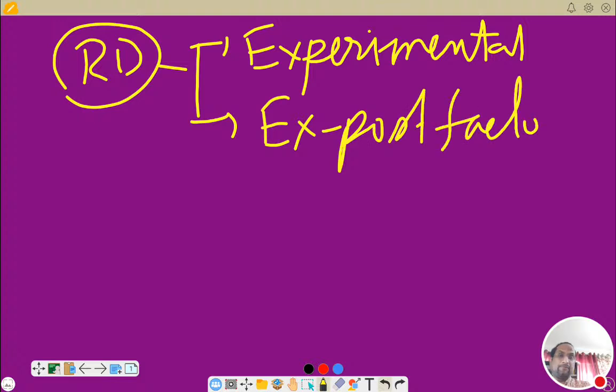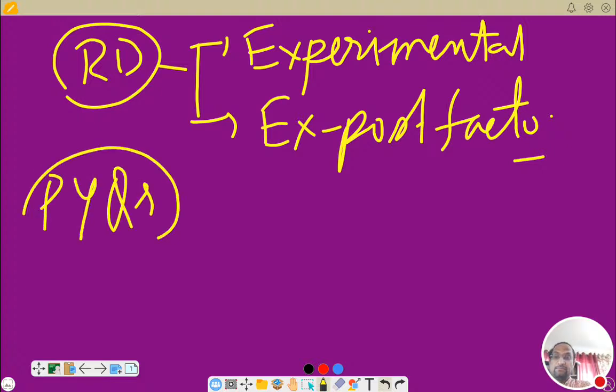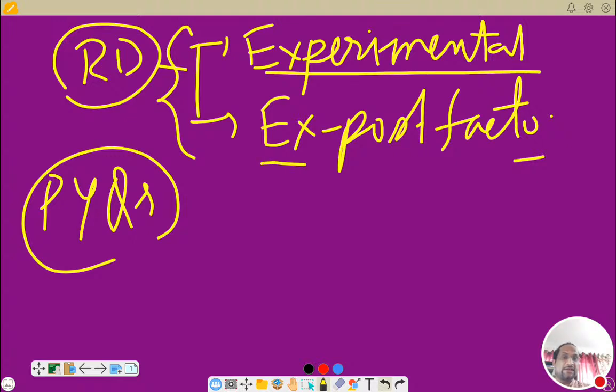Now you see, if you look at the question paper, previous year question paper, as I keep on telling you, previous year question papers are very important. You will realize that the examiner is trying to understand your conceptual grip over this comparison, experimental versus ex post facto,